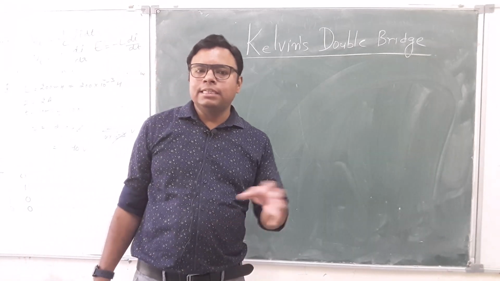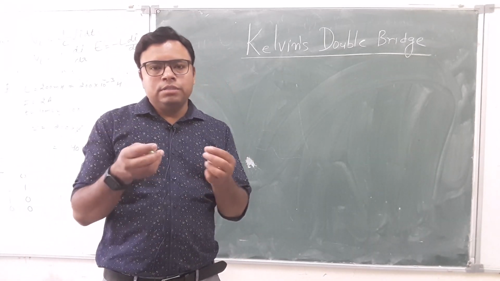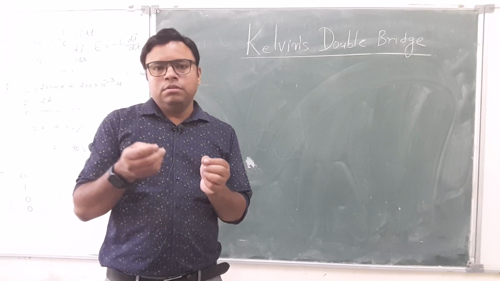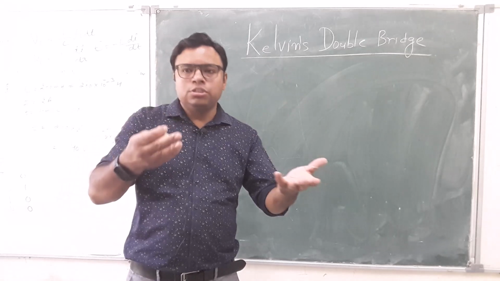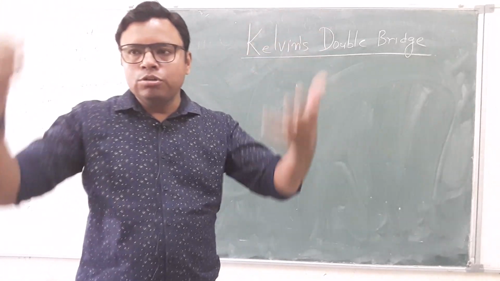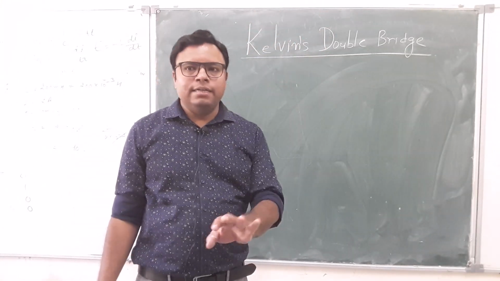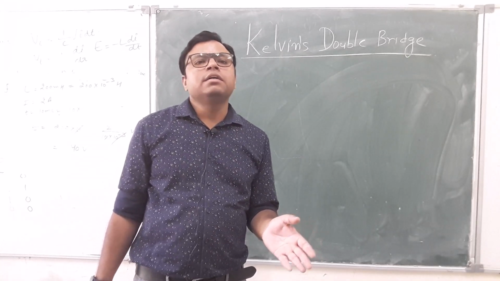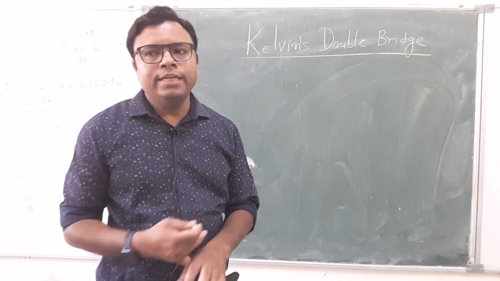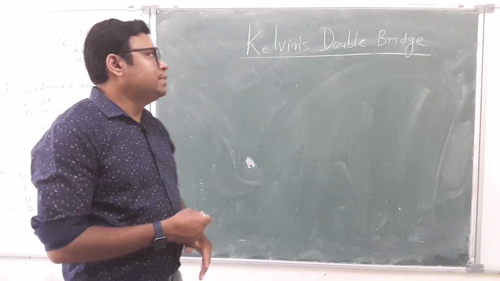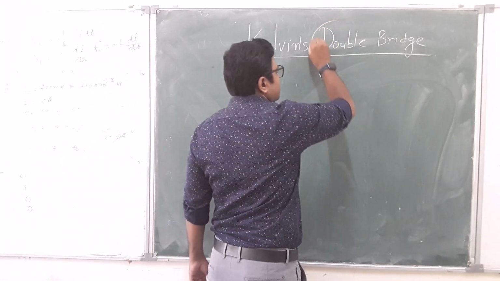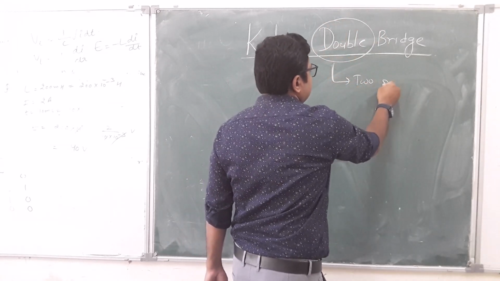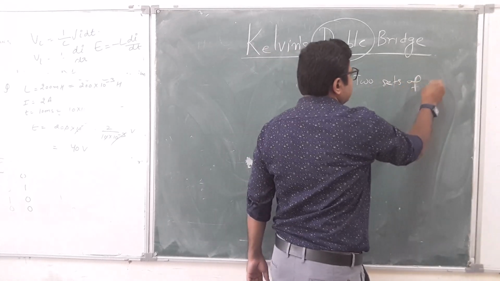Now the Kelvin bridge is a basic idea that I have given, in which the lead is divided into two sections and the ratio of the resistance of these two sections is proportional to the opposite arms. But that is the basic idea. In practice, we will make Kelvin's double bridge. So what is a Kelvin's double bridge? Double means it has two sets of arms.